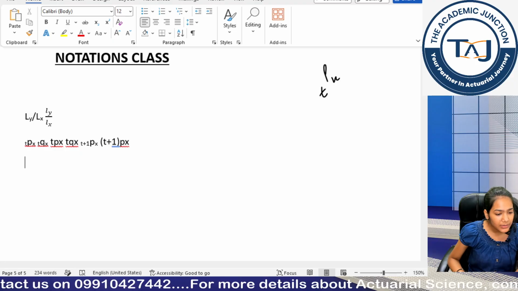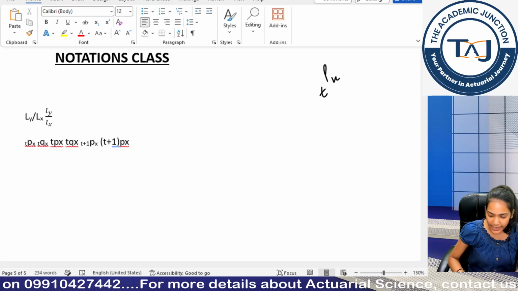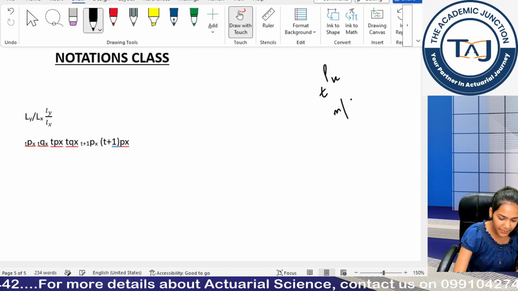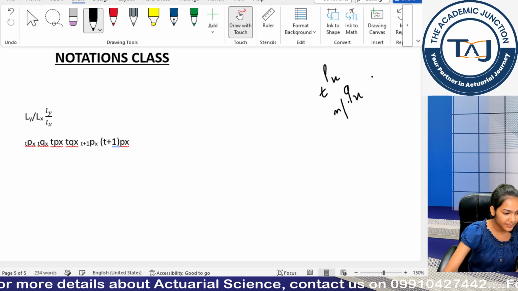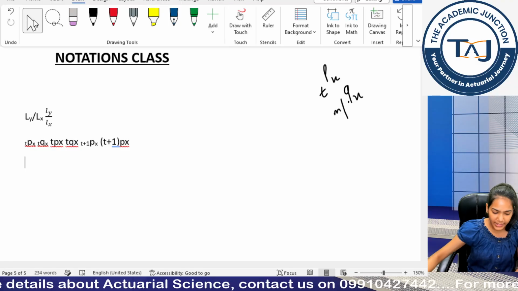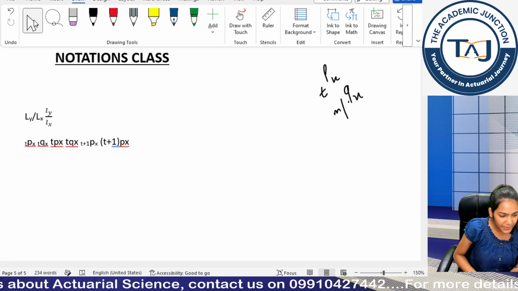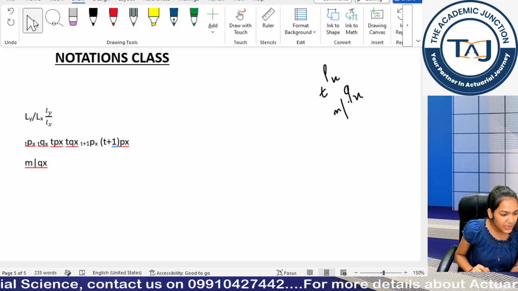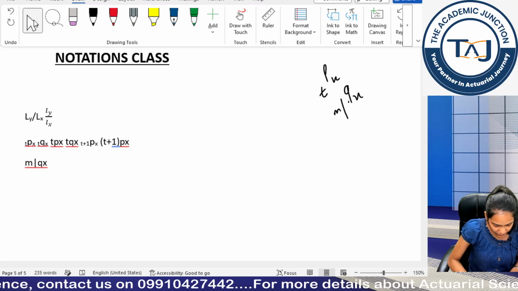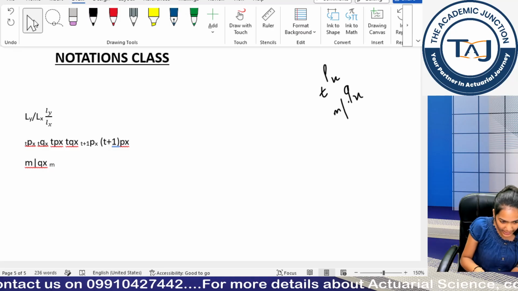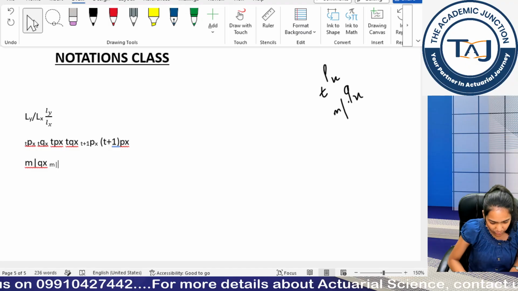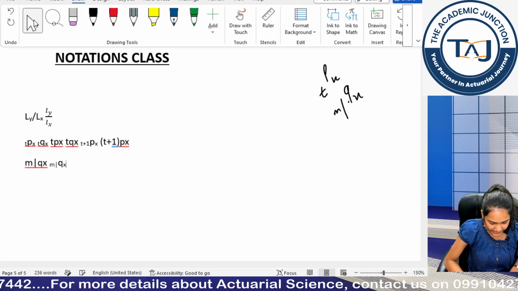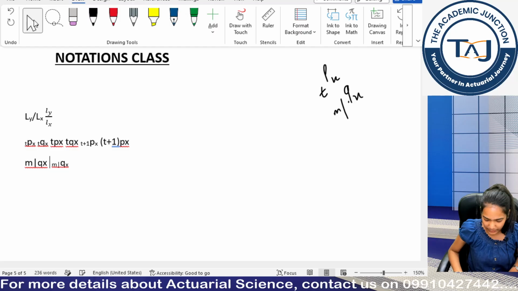Now we also have the deferred notation, this M deferred QX, right? So how do we write this? If I am using the normal approach, I can write this. Using the normal approach, control shift minus M, then I have this vertical bar, control shift minus to the normal script, I have Q, control shift minus X, control shift minus to the normal script.